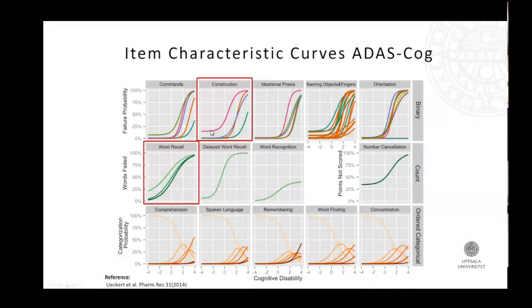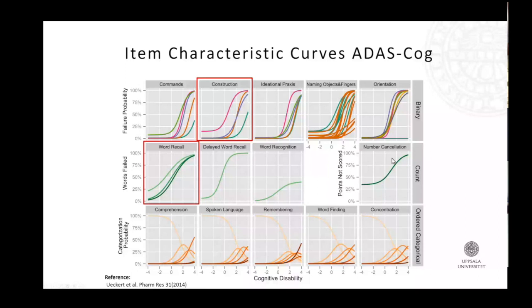Because this comes from test statistics originally, this is often called a guessing parameter, because if you have a multiple choice test, of course, there is a chance of getting things right, even if you don't know the answer. But in terms of assessing disabilities, it's an unwanted effect if even healthy individuals appear disabled in the test, and these can be providing more noise than what you would like. And we can see, of course, the number cancellation here has a quite high